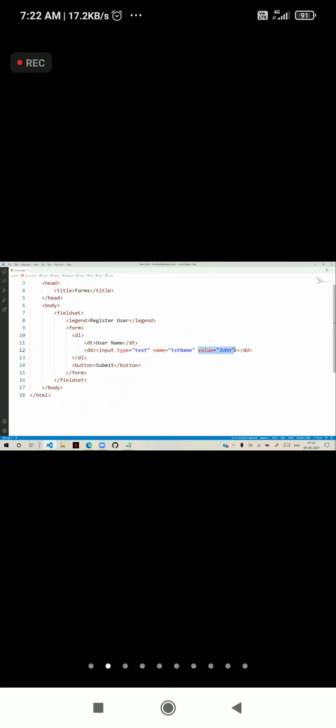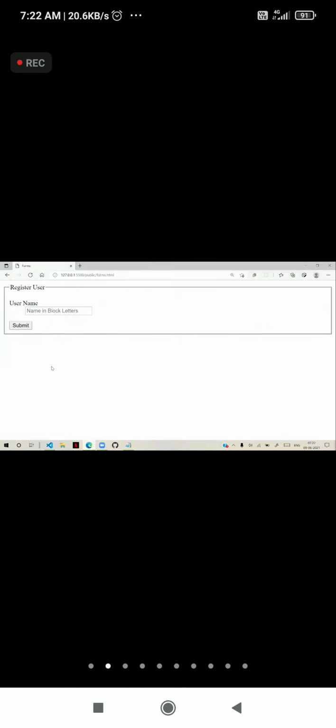Placeholder is used to give some tips about this element, so it shows like watermark text. I will say, name in block letters, like this. You see inside the text box, it will show name in block letters.